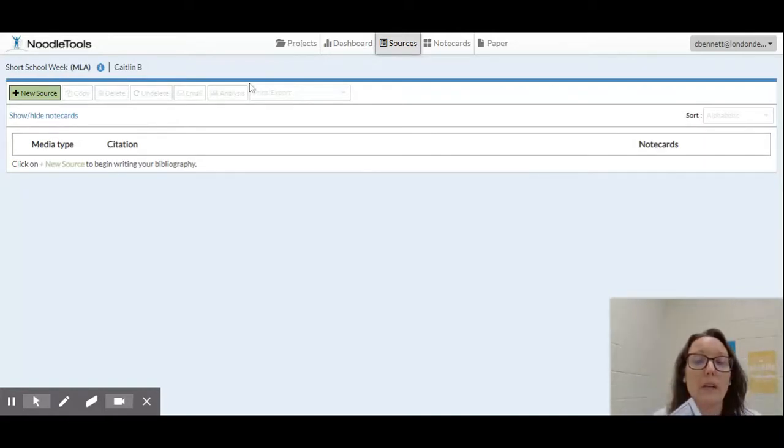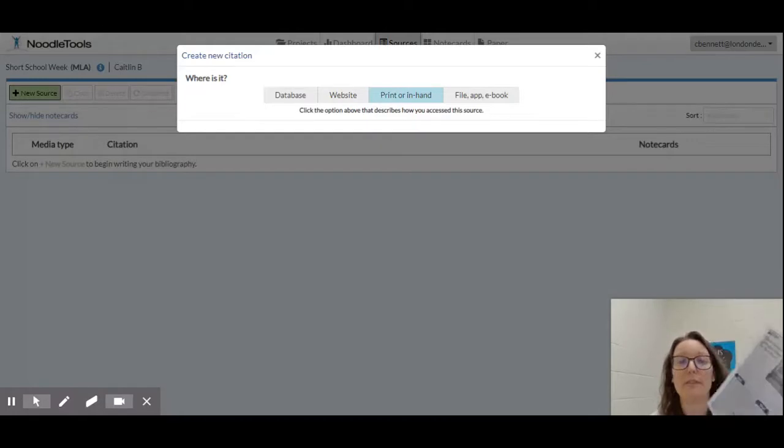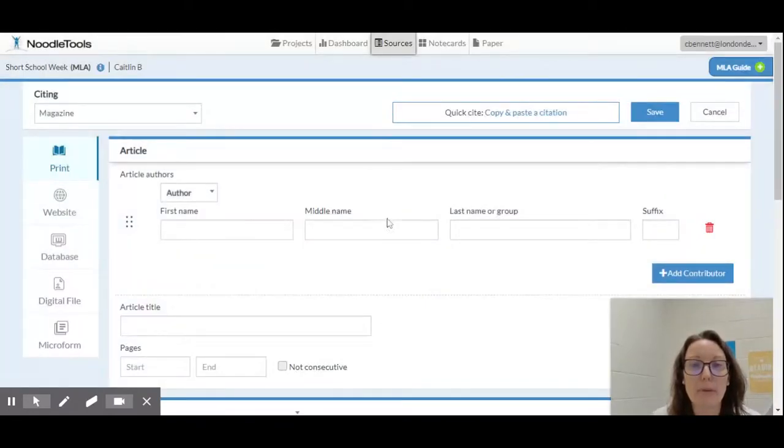And so to create a citation, you select that green new source, and NoodleTools is going to ask you, well, where is it? And many of you may have the physical magazine in front of you. Some of you might just have a photocopy. So it's printer in hand. And what is it? Well, is it a book, a magazine, or a reference source? Reference sources mean something like an encyclopedia or a dictionary. Well, Scholastic News is a magazine, so you would select magazine,